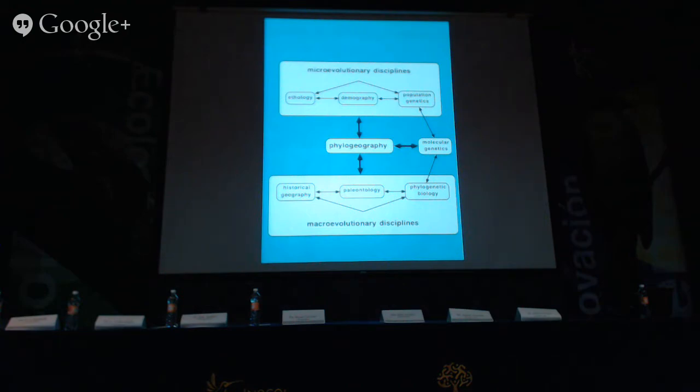You could be trained as a phylogeneticist, which meant that you worked above the species level. You would probably be trained in a museum somewhere. You would learn the language of phylogenetics. You would know what a synapomorphy is and distinguish it from a symplesiomorphy. And you would talk about clades, and you would talk about phylogenetic units, monophyly, paraphyly, polyphyly. All of these terms would be familiar to you if you were trained as a macroevolutionary biologist